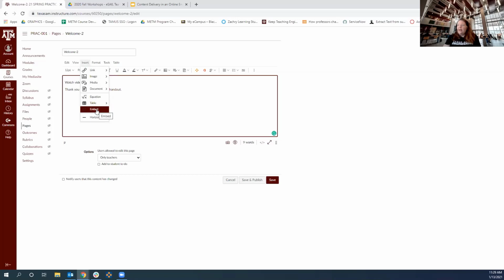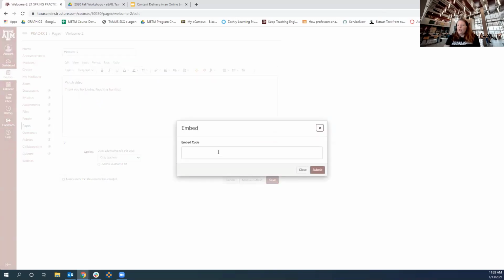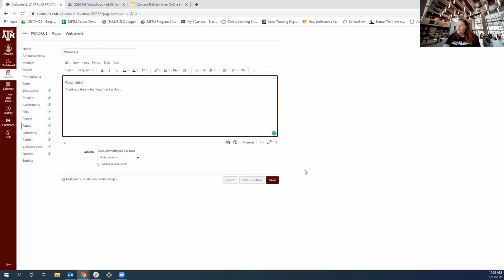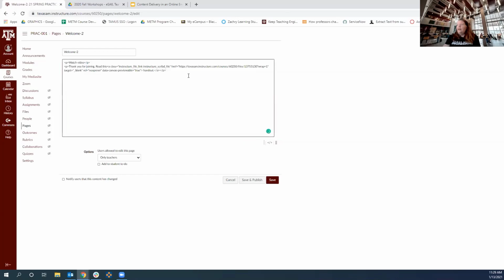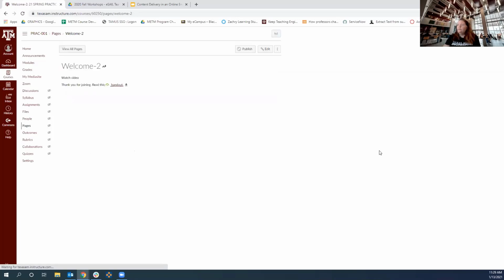And so what that does, I could do the embed code that whatever service you have your video in can be embedded here. So you just copy and paste it there. But you could also, if you see the brackets at the bottom, switch to the HTML editor, and that would give you the code for the page. And then I could say I want it right after watch the video. So I would hit enter, and then I can copy and paste the embed code here too. So that's how you could embed the video inside a page.